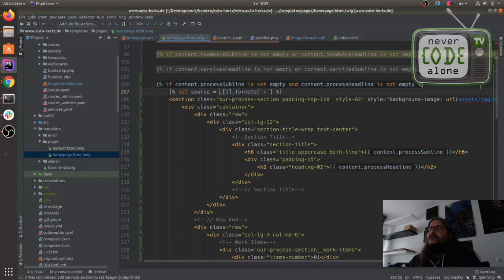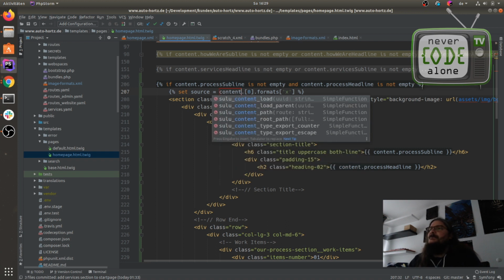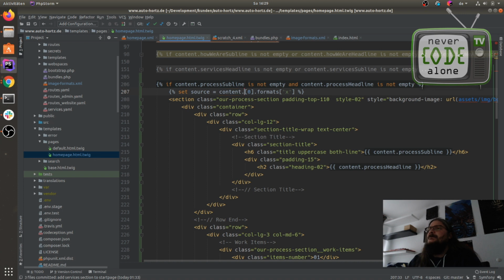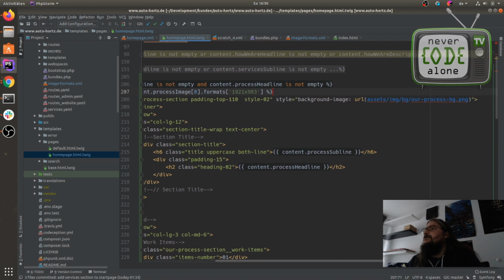And now I can say here content, and then it's process image, the first image, and here we need the 1921 983. I hope this was it. That's the key here. And now I have this image here in a source variable, and I just can add this source variable to here.